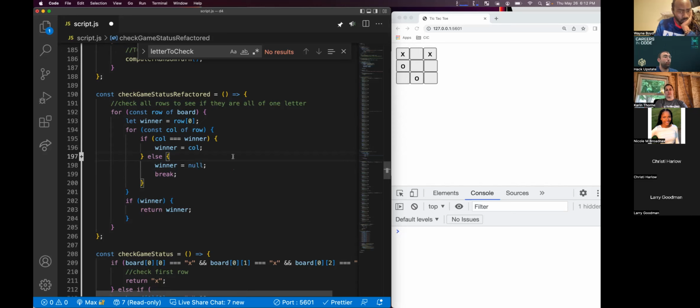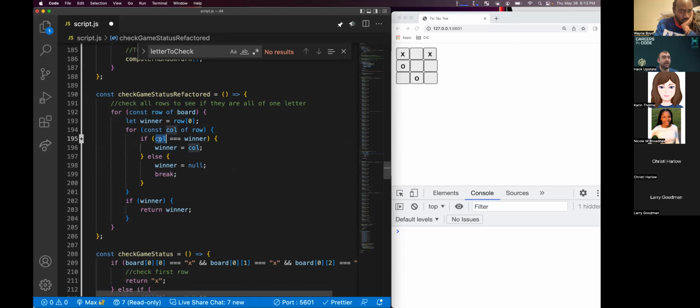So let's do one more explanation through this, and then we'll do a poll and see if people can catch up to it. So we renamed our check to winner. So what we do is we say, go to the board and get every row out of the board. We're going to go through all three rows here. Then we say, assume whatever the first column has in it is the winner for that row. So if it's an X, assume that X has won the game. Now go through each column in that row.